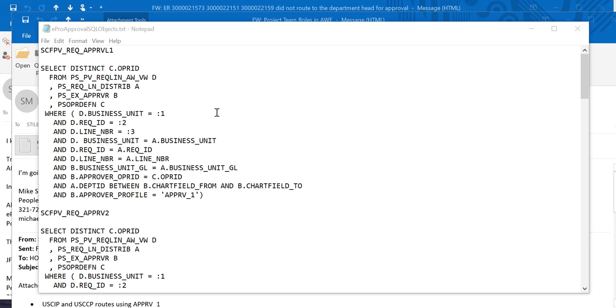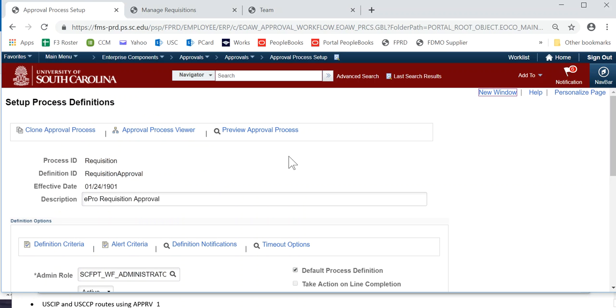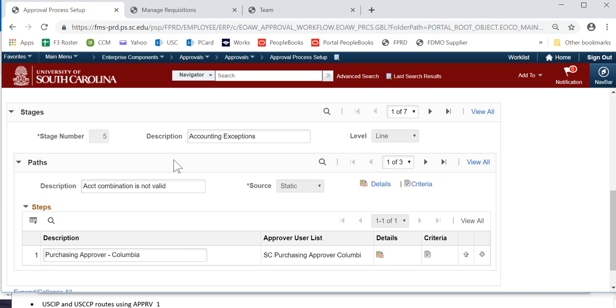So I'll put this little video together to describe, kind of put it all together for you. So in the approval process setup, and we'll just talk about requisitions because that's what we care about. But if you look at the third stage,